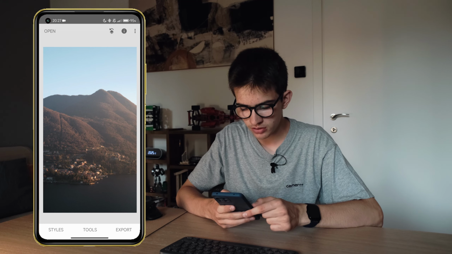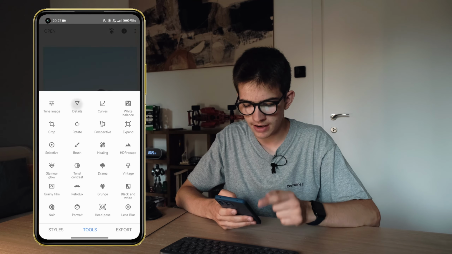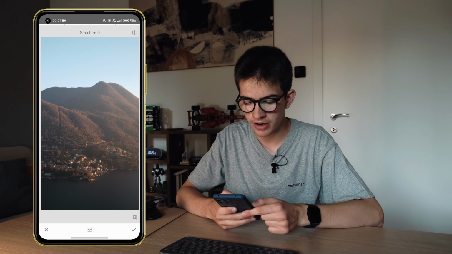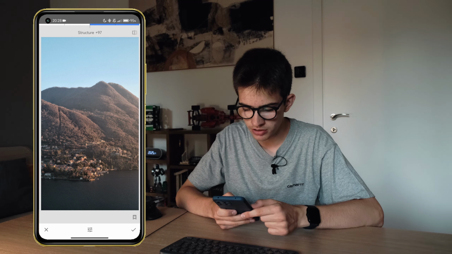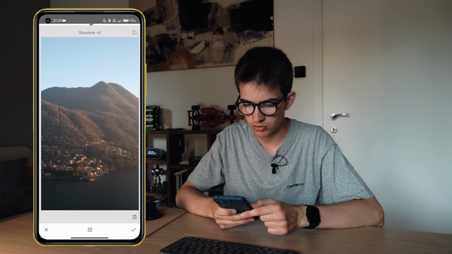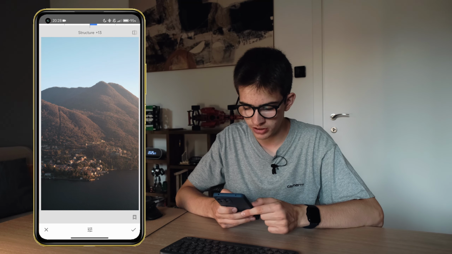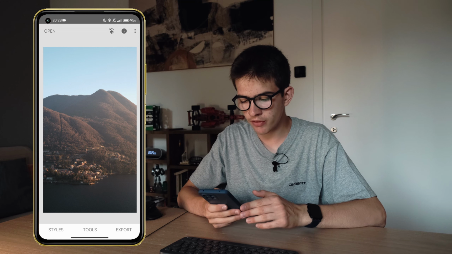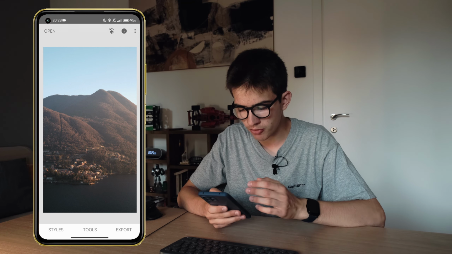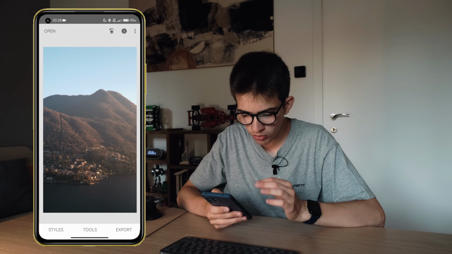Once you have finished this, you need to go to details, and with this tool you can enhance the details in your pic. If you level up this, as you can see there's a huge and important difference. I will go for example to a plus 14, and you can increase even the sharpening in your pic.